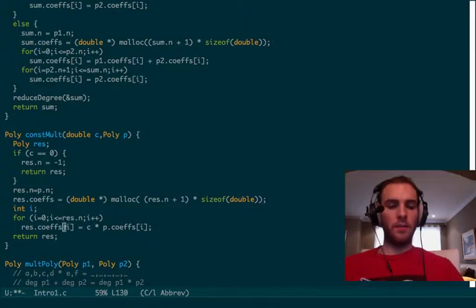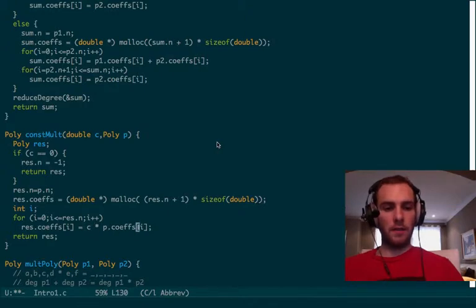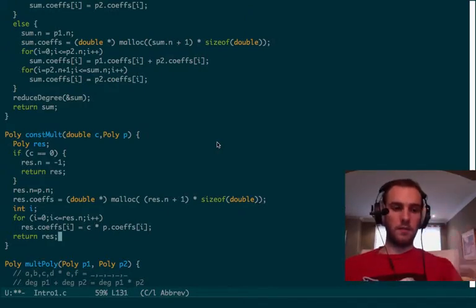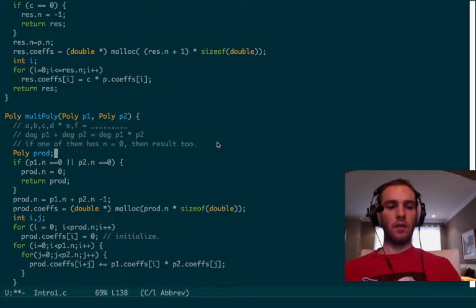N right now means it's the last value that makes sense, the last value of I, which makes sense. Before it was the length. It's pretty interchangeable, except that